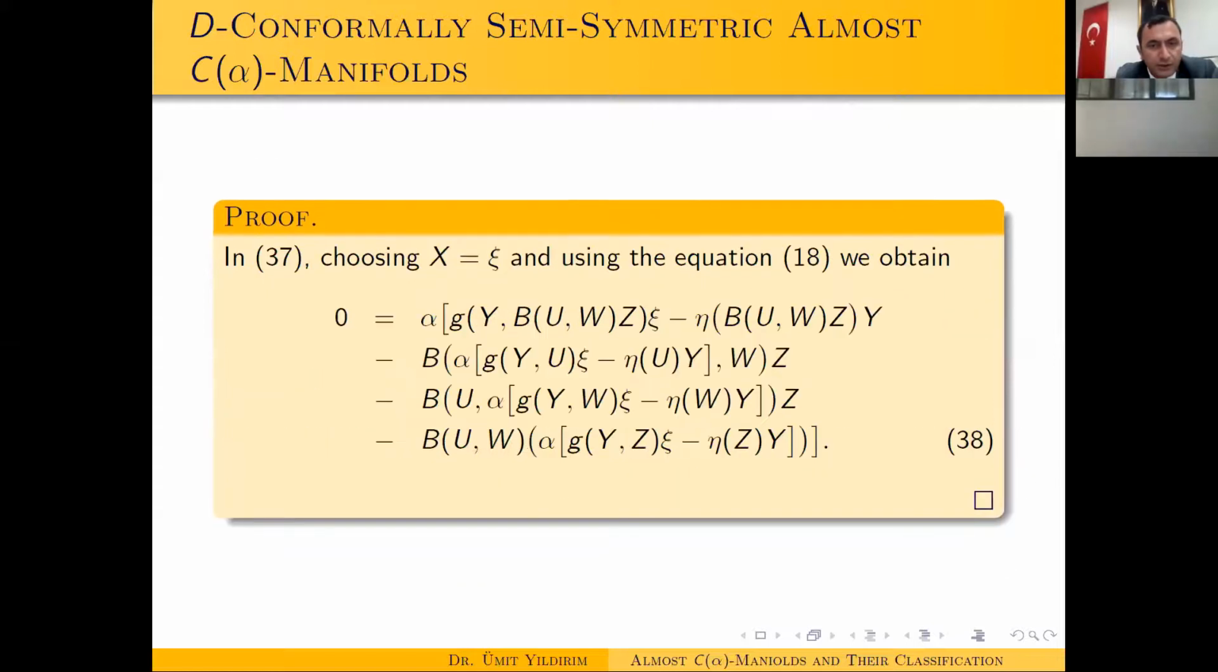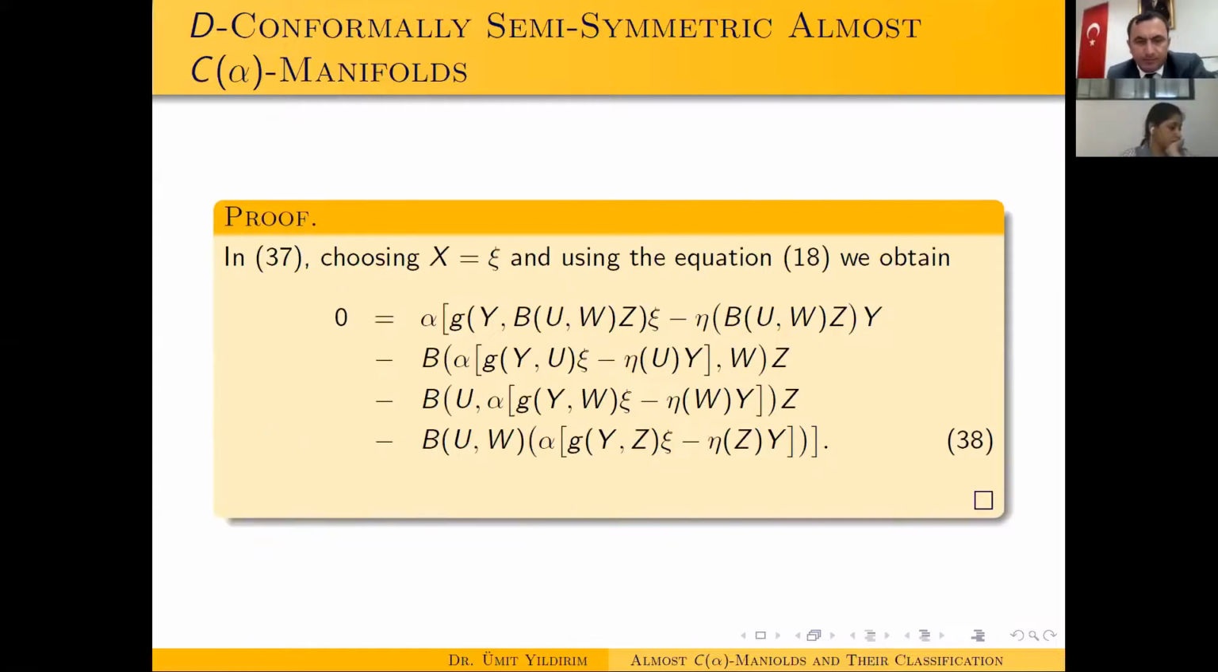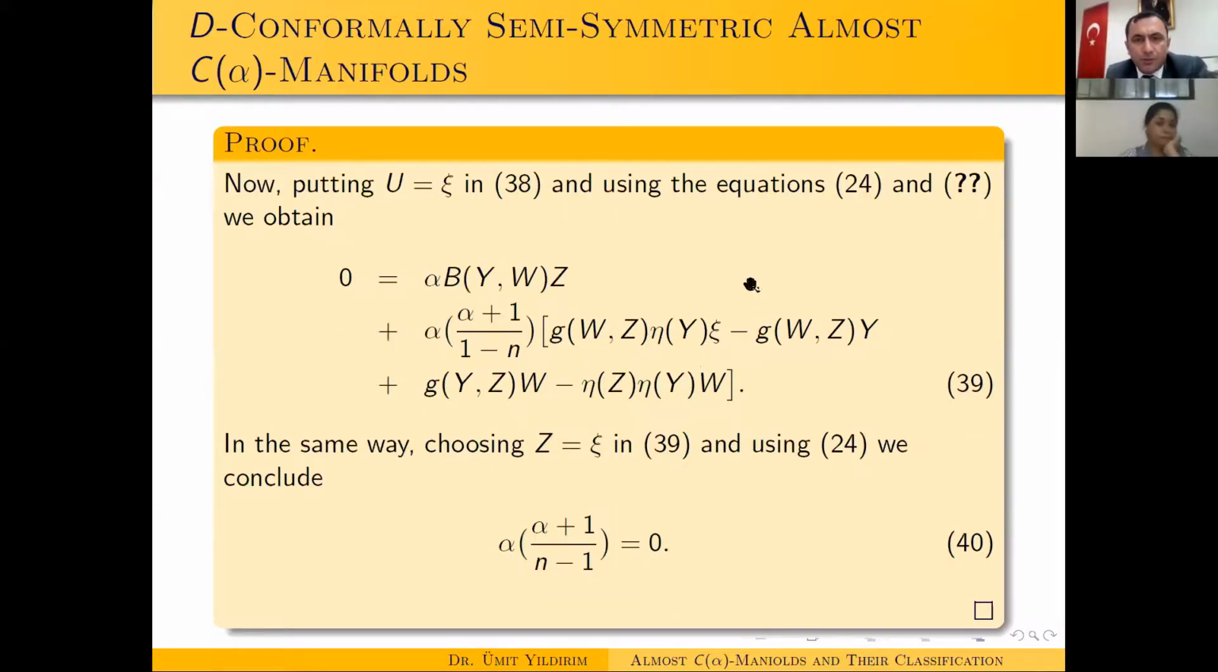Choosing X equal to C, and using equation 18, we obtain this equation. Now putting this equation in and using the equation,